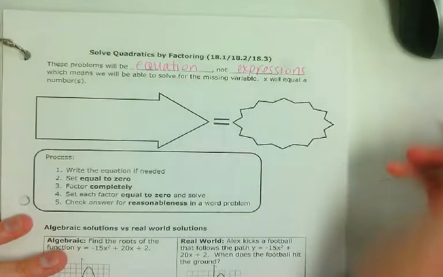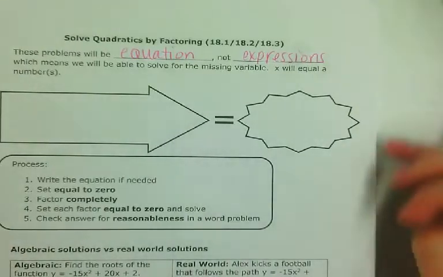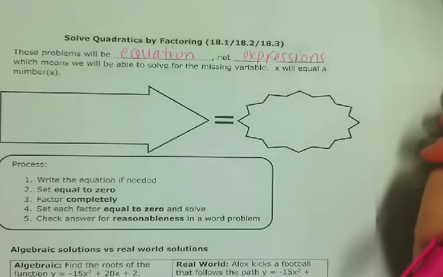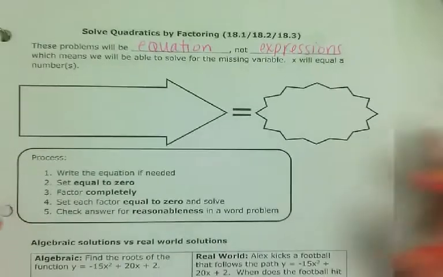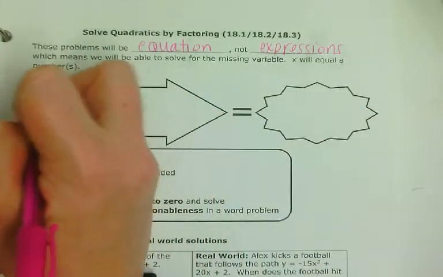So the problems we've been doing, where we've been factoring, have not had an equal sign. So today they're going to have an equal sign. So we will solve for x, or k or t, whatever the variable happens to be, and we'll go through it with an equal sign. So first thing is, when we're talking about this, we're talking about zeros,